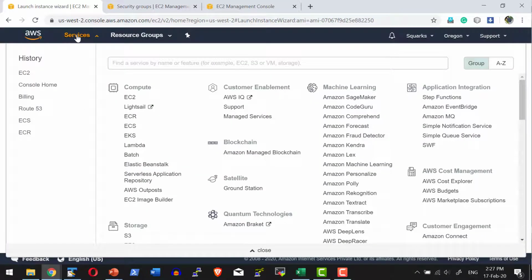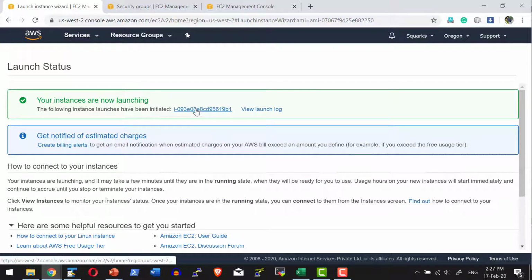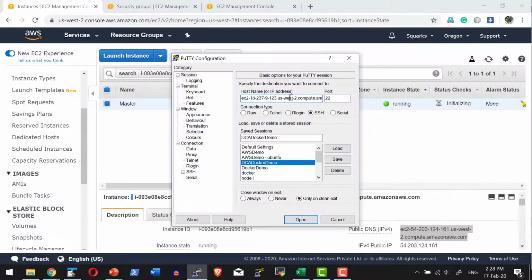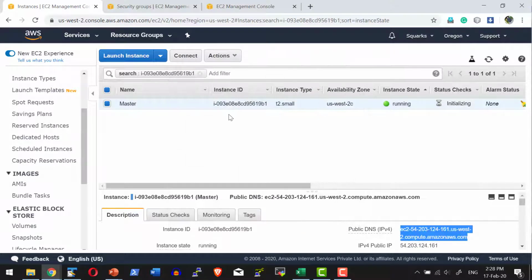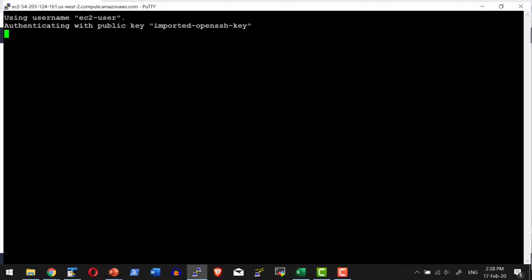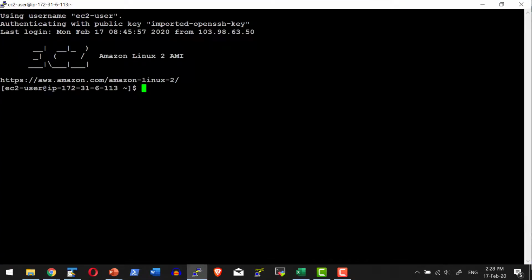Now let me go ahead and check the instances. Yes, the instance that I launched is up and running. Let me log into this instance. Let me change the DNS. And this instance was created out of the AMI, so it should have Docker installed by default and all the configuration that we did, especially adding the EC2 user as a part of the group and starting the Docker daemon as a part of the startup. Everything should be working fine. That we can verify with the docker version command.